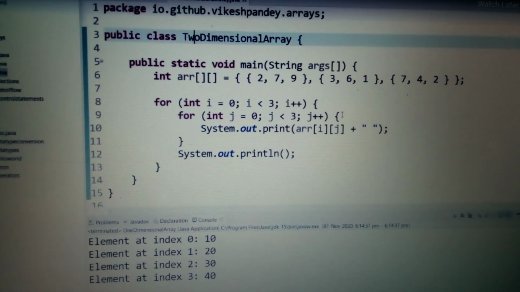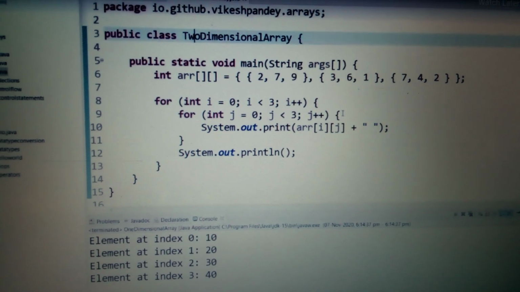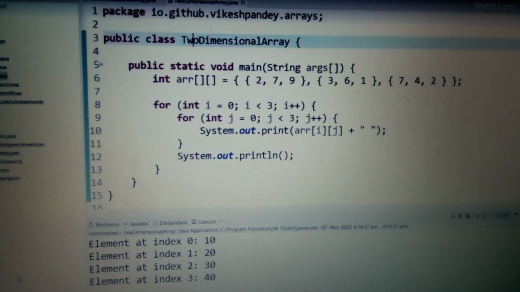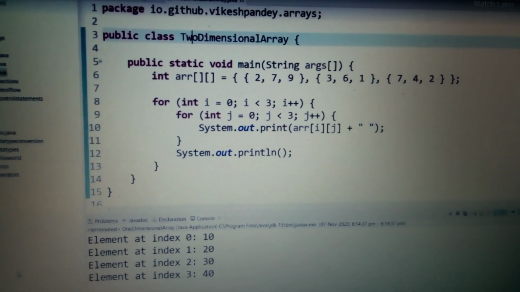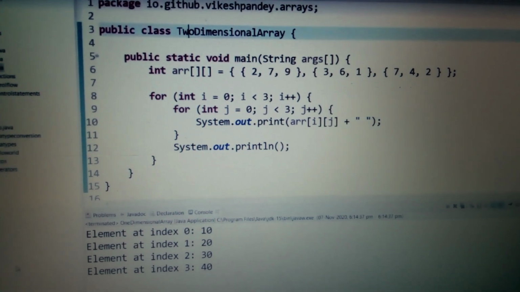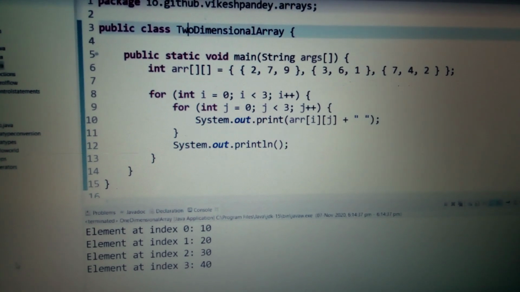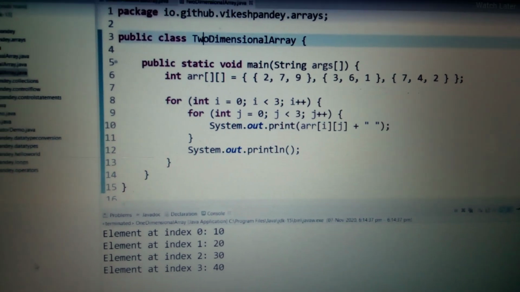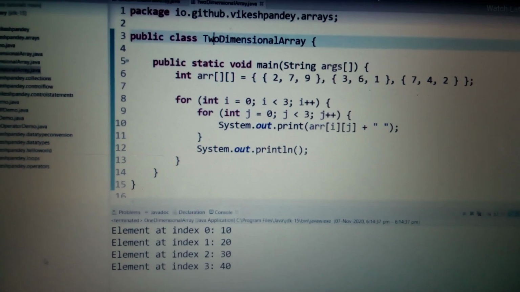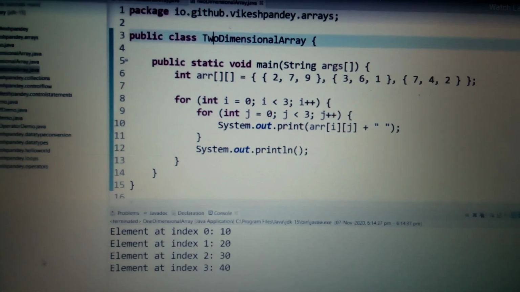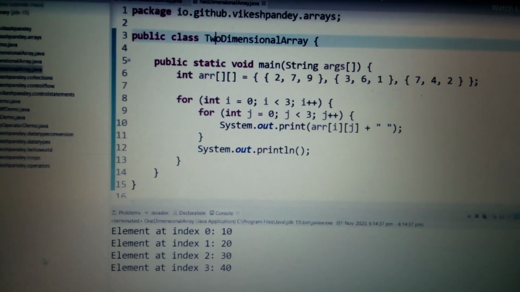If you understand what you mean by matrix, it's basically a 2 by 2 structure which stores the value in the form of rows and columns. So imagine a table of 2 rows and 2 columns, then it will be a 2 by 2 matrix. So if you want to store that particular table in a Java program, you would need to store that as a matrix, as a two-dimensional matrix, rows being the one dimension